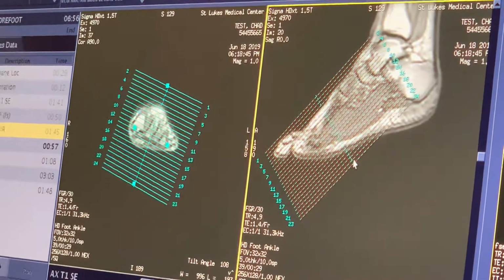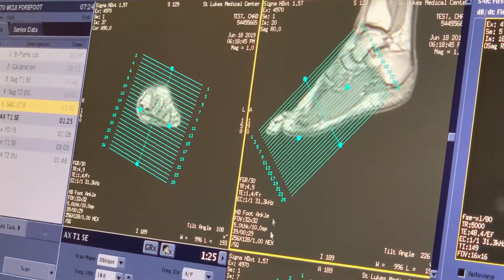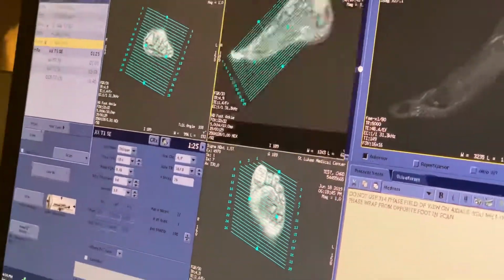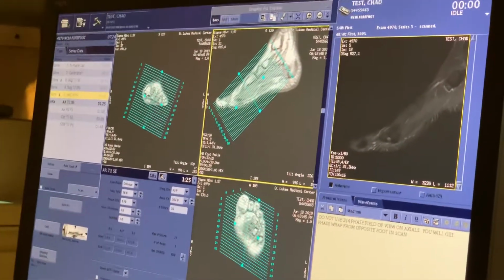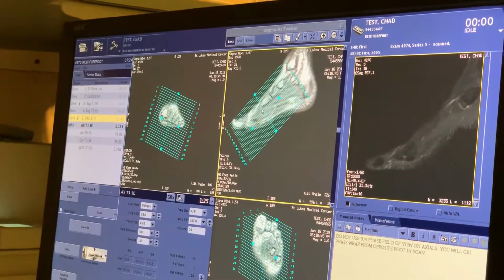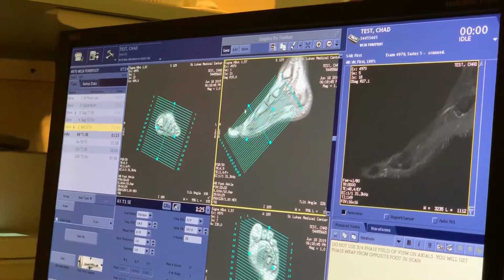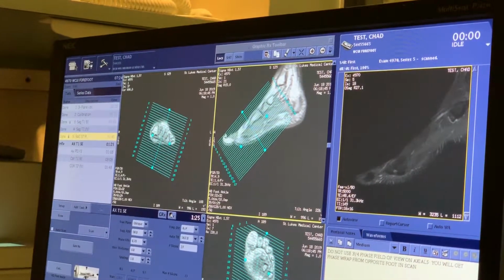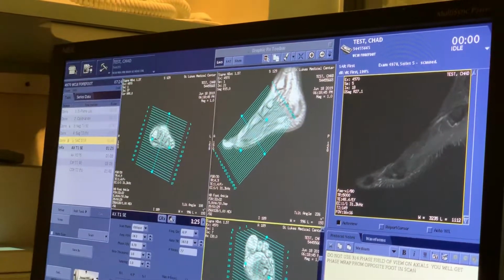And then I add a bunch of slices to include the soft tissue. And again, you see how close I am on the toes here. So I find the great toe. Always try to remember which toe is the longest. And I also am going to clip the toes, so I'm going to add one more slice up there. So I've got all the toes, and then